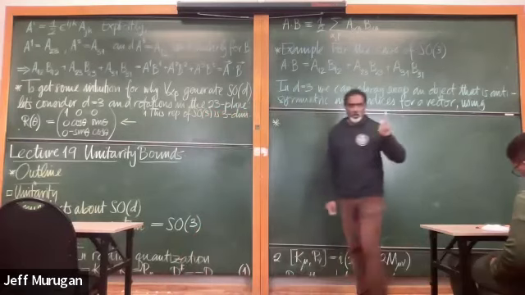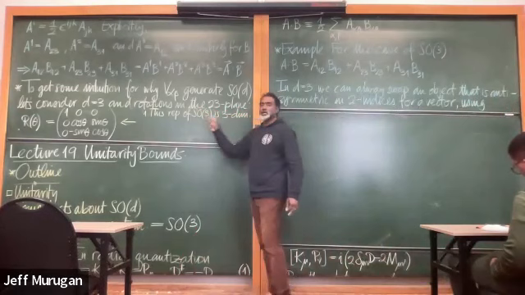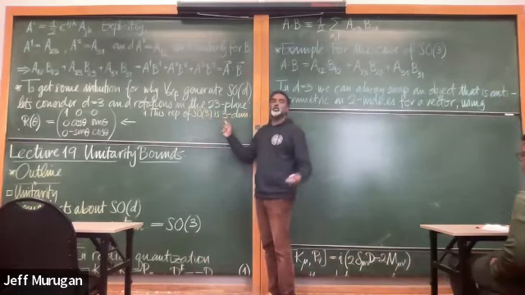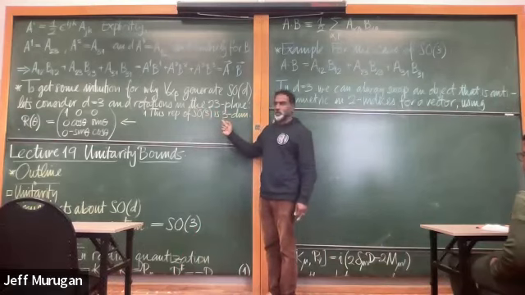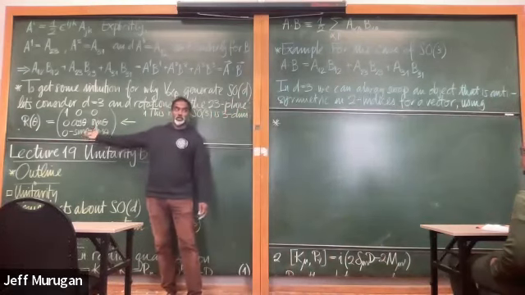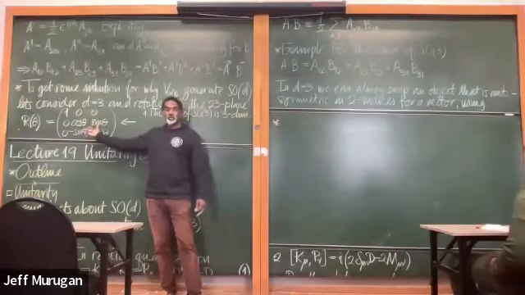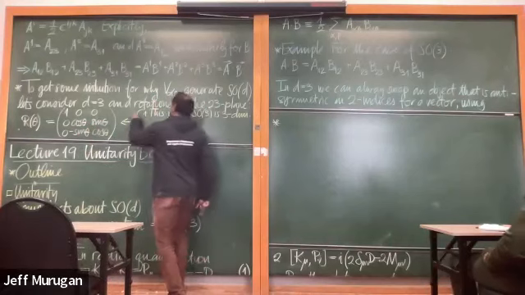Now, I need to be clear about something. The representation of the group need not be three-dimensional. I can find a two-dimensional representation of this group. I can find a seven-dimensional representation of the group. The size of this matrix in this case happens to be 3 by 3, but it need not be. As long as the matrix I find, or the operation I find, it will be differential operators, as long as it satisfies the appropriate algebra, that's it. It furnishes the representation. But it can be whatever you want. So in this case, that would be 3 by 3 matrices, which means that this representation is a three-dimensional